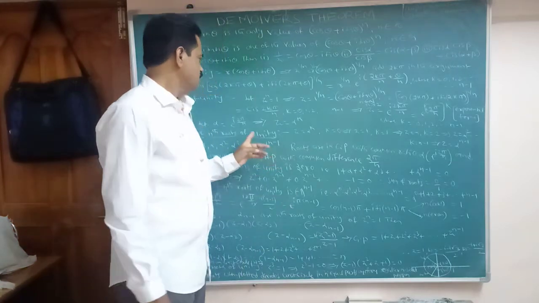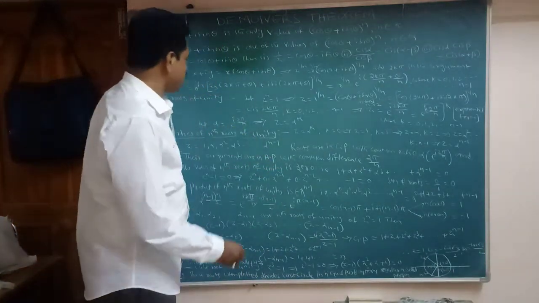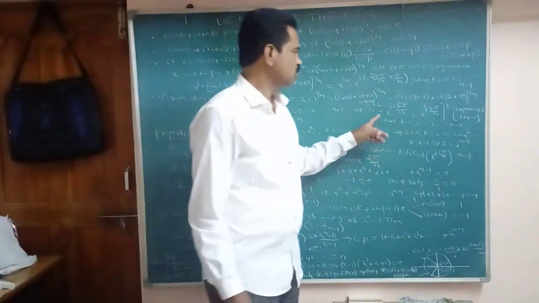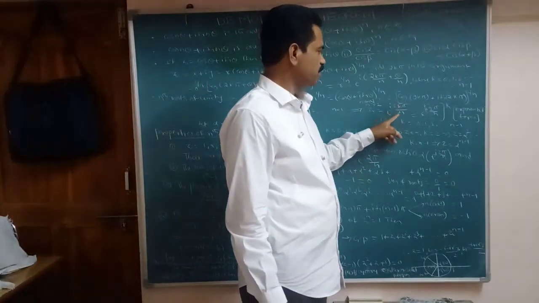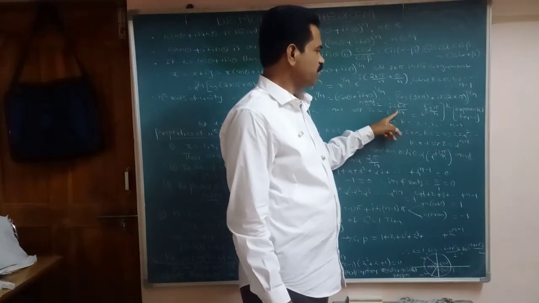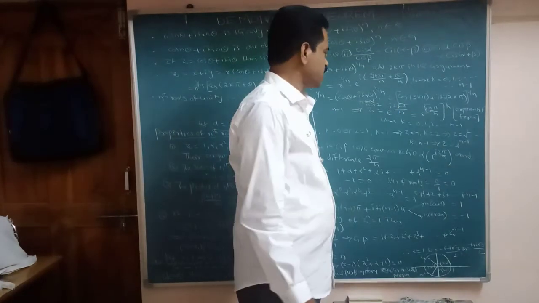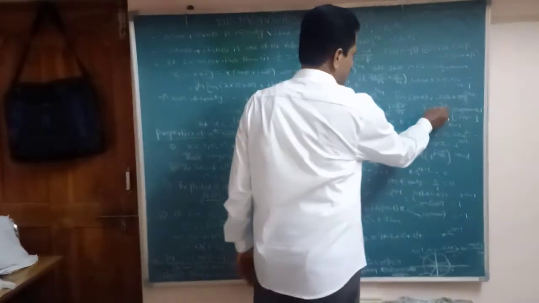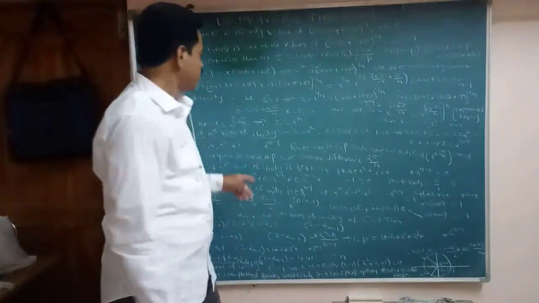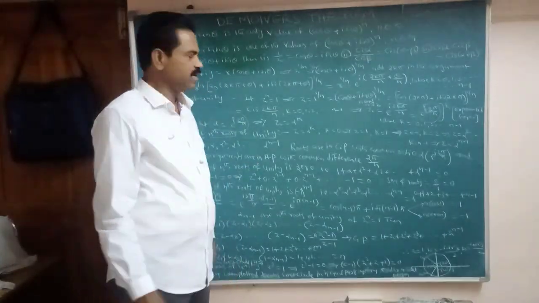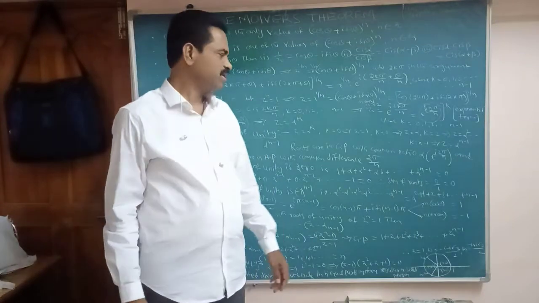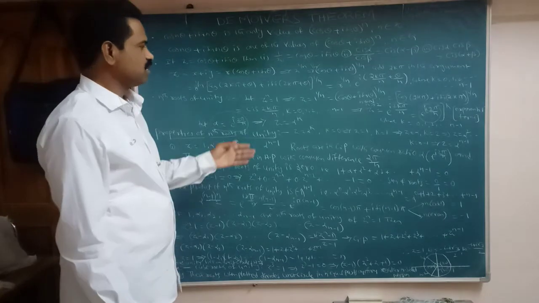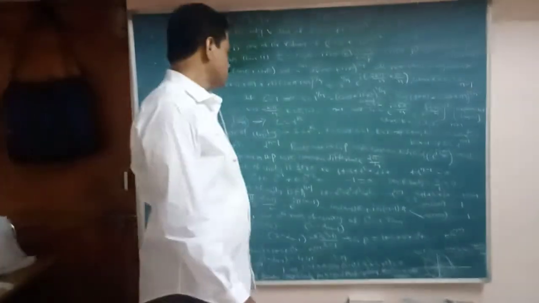Here see, z equals what? Suppose alpha equals, I am taking here, alpha is e power i 2 pi by n. So z equals e power i 2k pi by n. We can write a power mn equals (a power m) whole power n. That is (e power i 2 pi by n) whole power k. Suppose this one is alpha, that is alpha is e power i 2 pi by n. Then z equals alpha power k. So here k equals 0, k equals 1, and so on up to n minus 1, substitute here.